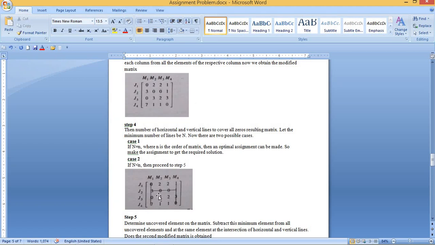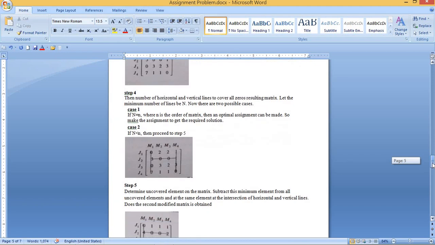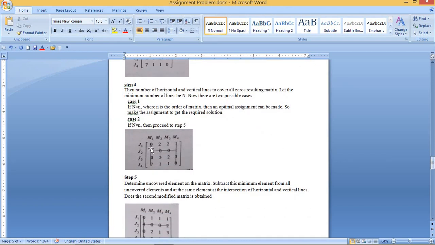So these are the steps in this particular matrix. We draw only 3 columns. We can draw only 3 columns by using the 3 columns. We can consider the 4 lines also, but in this particular matrix, by using 3 lines we also cover all the 0s, but by using 2 lines we can't. So the minimum number of lines by which we can cover all the zeros is 3.